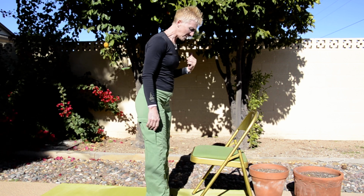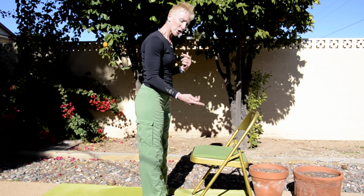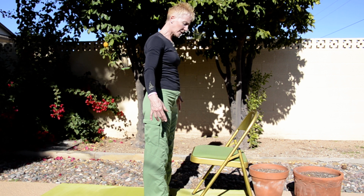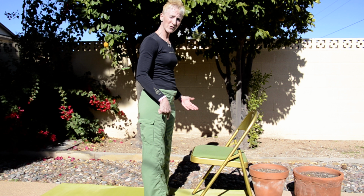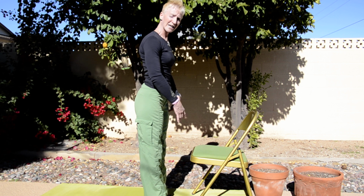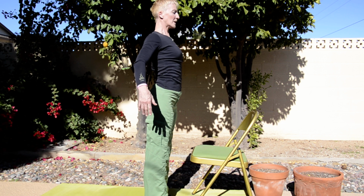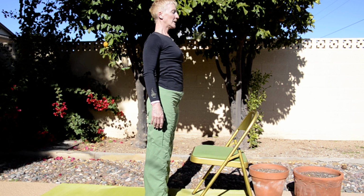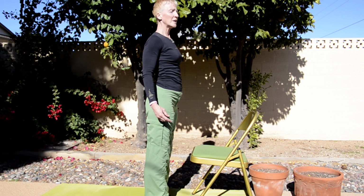We're going to go ahead and start by facing the chair, and I want you about a foot distance away from the front of your chair. You're going to bring the inner edges of your feet together, the arms are going to come by your side, and we always start with that base. So press into the big toe, the little toe, the inner and outer edges of your heel, pressing down, and I want you to physically move your thighs back. We're going to draw up and back from that abdominal wall, lifting up from the chest, the arms come right here by your side. Let the eyes close, and I want you to go into 3 full breaths,